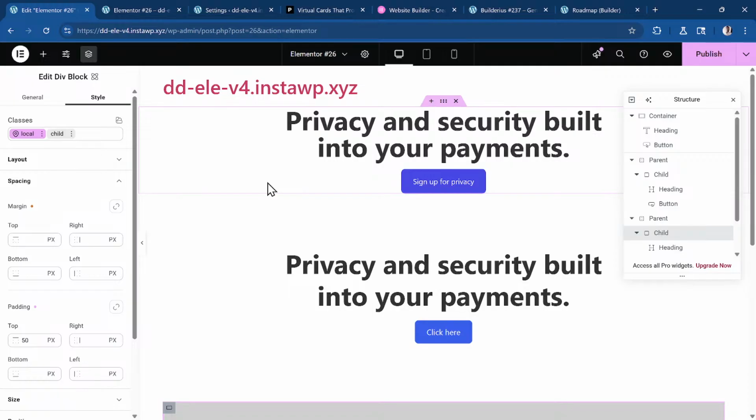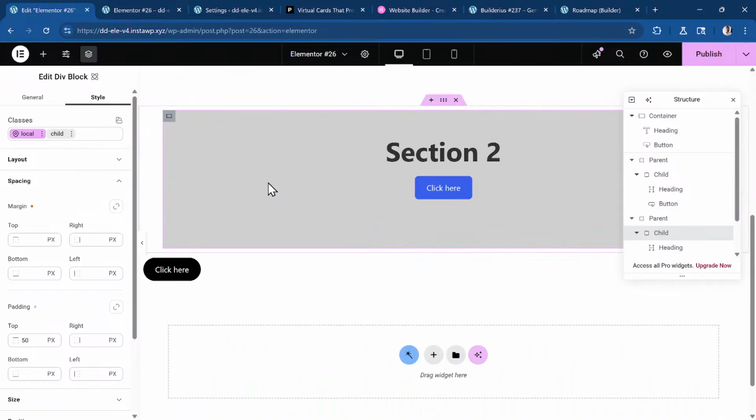And then the other thing that Elementor is adding is what I'm calling collision detection for links. So with your link,